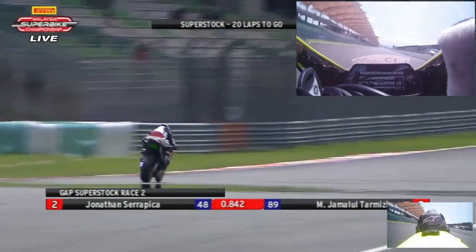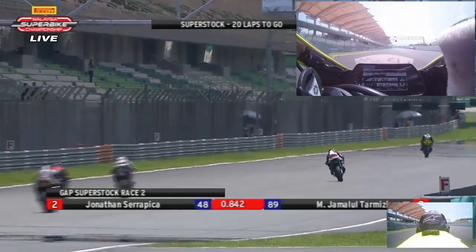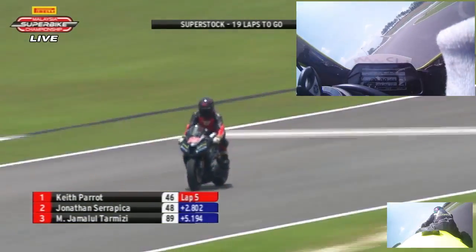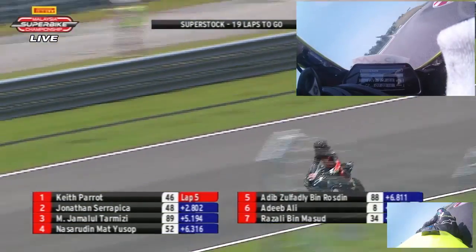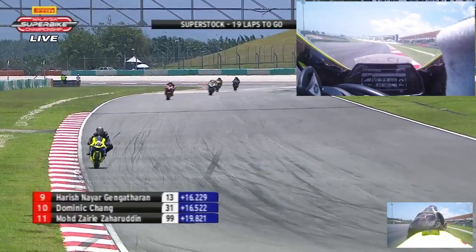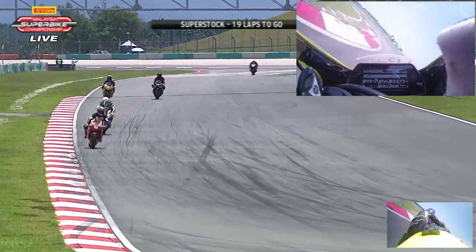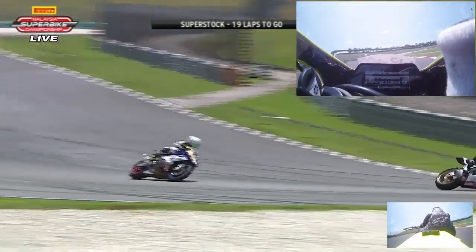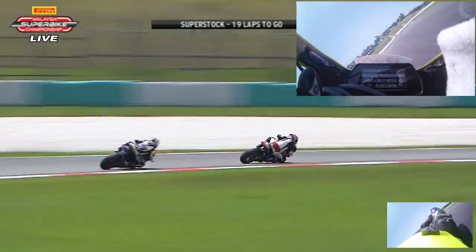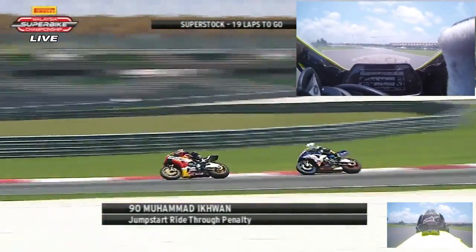So let's take a look at Jonathan Salapika in second place. In fact, now the lead has been increased by 2.8 seconds between Parrott and Salapika, with Jamalul now down to third, around 2.3 seconds behind Salapika and 5.1 seconds behind Parrott. Looking at the statistics right now, we did see Jonathan clock below 1:06, but they are the only two, Jonathan and Keith Parrott. Keith leading, Jonathan in second spot, clocking below 1:06, whereas Jamalul, we felt for a little while he probably would be able to do it, but he's not as consistent at this very moment because his best lap time was